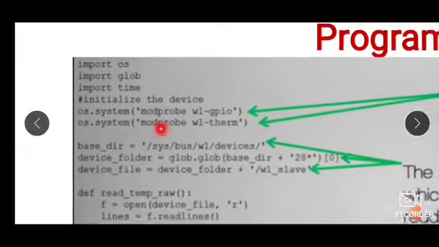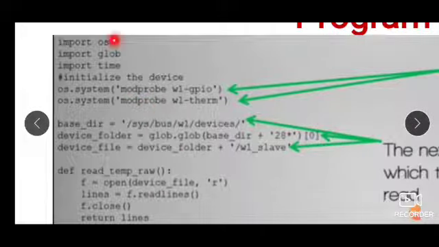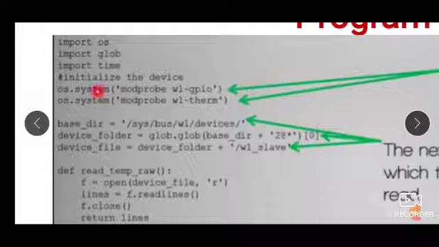So as you can see here, we have import os for executing system functions, then import glob. So this glob is a module which finds all the path names matching a specified pattern. As I said, the data will be available in a file and we need to read it. So this glob will be helpful for us to find the path names matching a given specified pattern according to the rules used by the Unix shell.